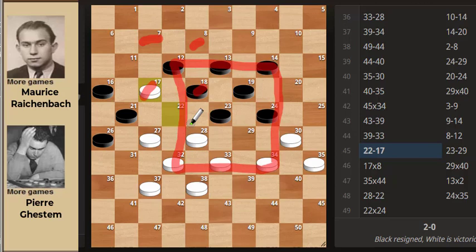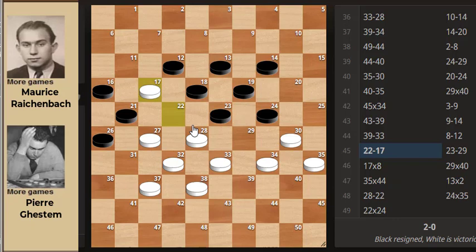So Ghestem decided to take 17 over here. So the game went this way. Morris played 23-29, and then Ghestem had to take the piece at 12. So the trade was made,